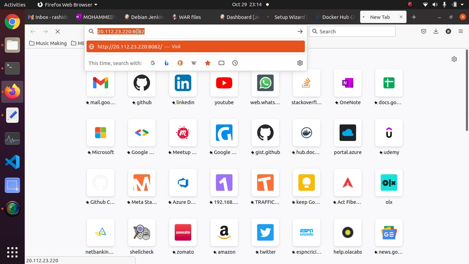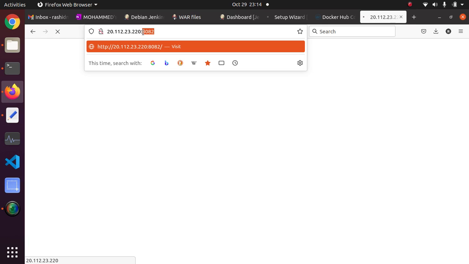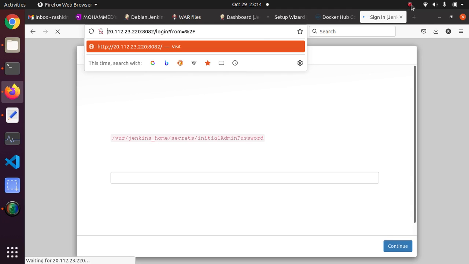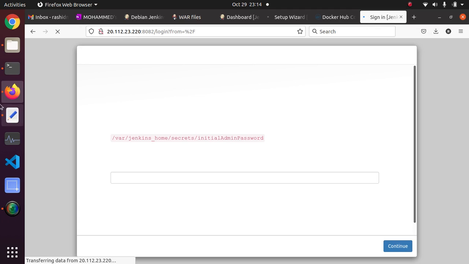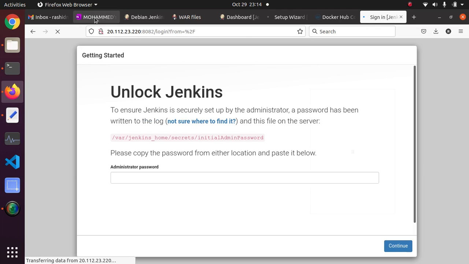See, all those ports I have already configured in my Azure allow. So in the Azure cloud I have already allowed this 8082 port. Whatever ports you are seeing, 8081 or 8082 or 8083 or 808, those have already been allowed in my Azure. Okay, so here you can see, and if you want to check the password here,